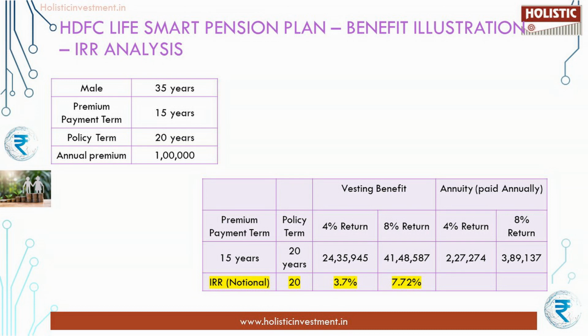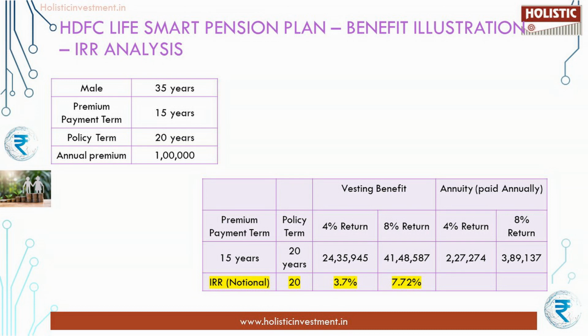Here it is assumed that the whole vesting benefit is utilized to buy an annuity plan. In such case, in the 4% scenario, the annuity amount would be 2.27 lakhs per annum, and in the 8% scenario, the annuity amount would be 3.89 lakhs per annum. If we work out IRR for the first 20 years, that is during the accumulation phase, which is the main feature of HDFC Life Smart Pension Plan, the IRR for the 4% scenario is 3.7%,